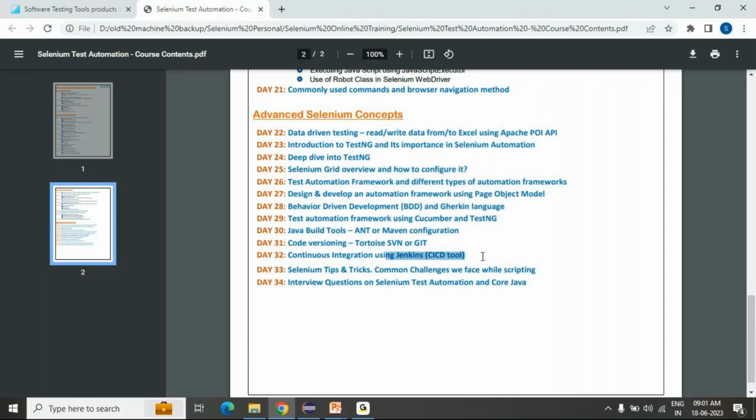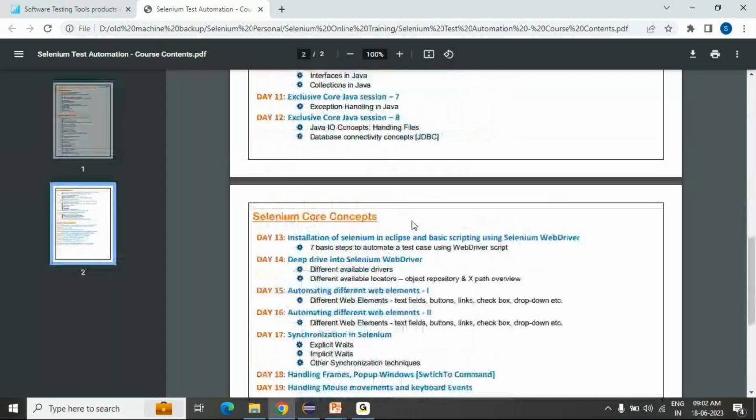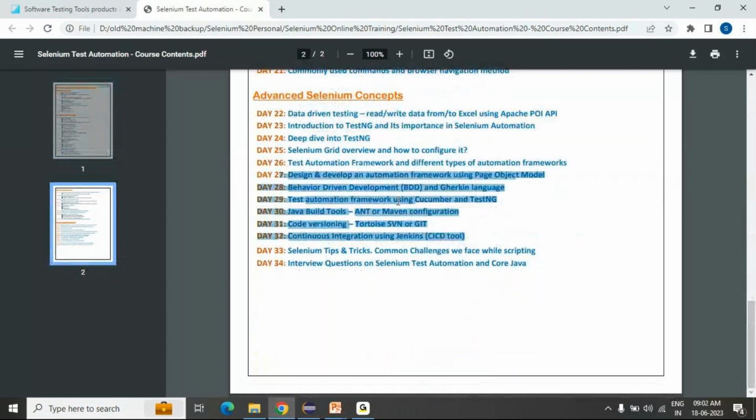Apart from Selenium, we are going to learn other tools which are required for our Selenium test automation. It's not just Selenium. I am going to teach you Java, and also these many different tool integrations. So it's going to take 30 to 34 working days, guys.